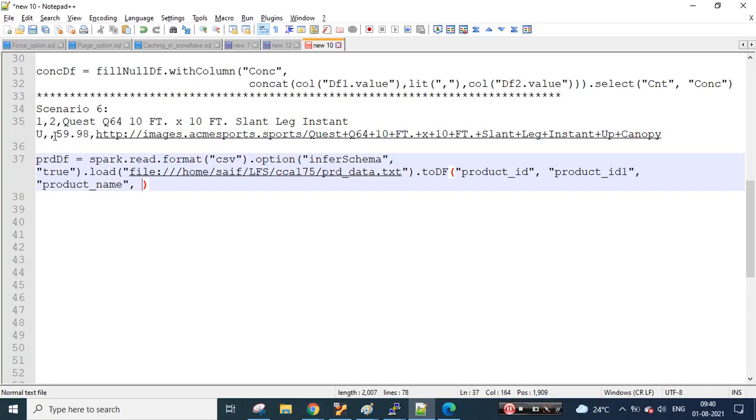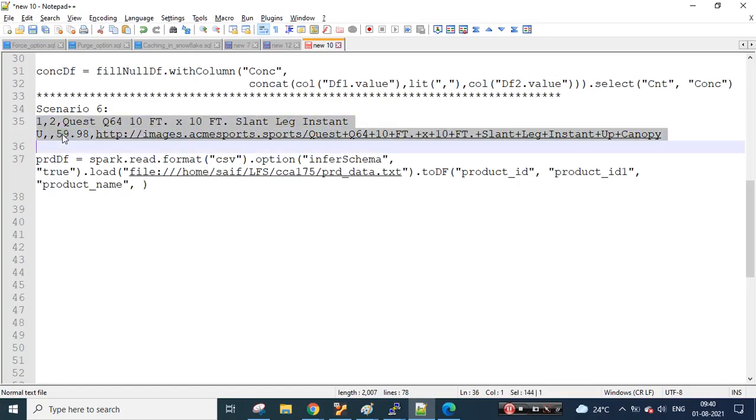Then we have product ID, product name, and is it included in the data, because I have your product price over here. And finally we have,